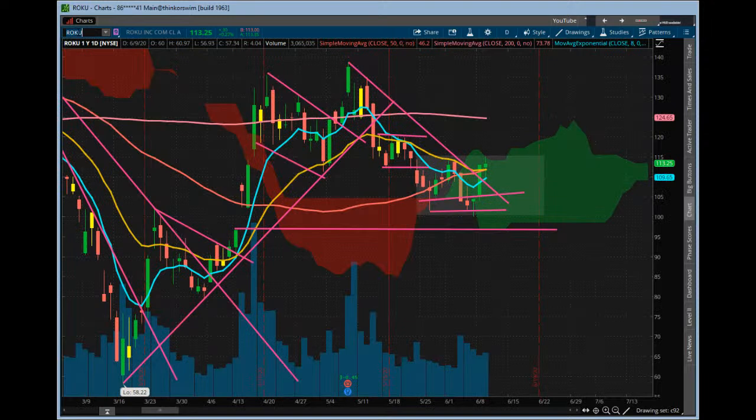It's getting there. Based on its pullback today, it gave you a little bit of a trend box move right there. So let's see if we can push over those highs, get out of the cloud, and make a move to the 200-day on that one.